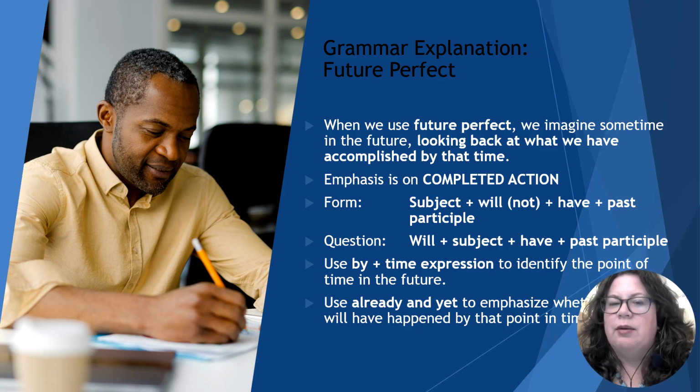All right, and we can also form a question starting with will plus subject plus have plus past participle. And we use by plus a time expression to identify the point of time in the future, like by 2030, by 2050, for example. And it's common to use already or yet to talk about things that will have happened by that point in time. So if we're thinking about, for example, 2040,